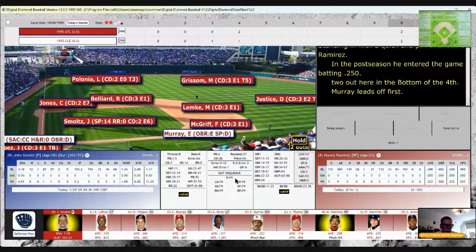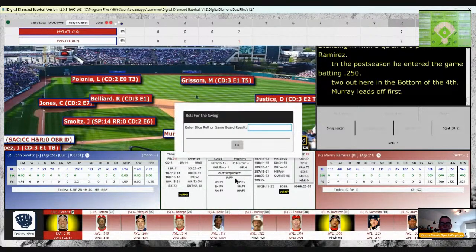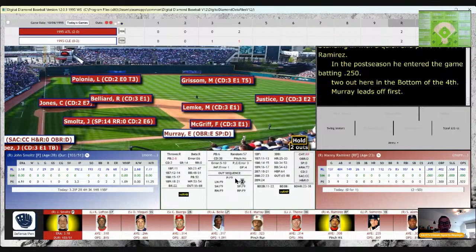A G5, error 1, third baseman, boots ground ball, batter to first. Runners advance 1 base. So that's just going to be an E5 that's going to move Murray over to second. Not something Smoltz wanted to see, an error by his third baseman, but that E5's problematic.